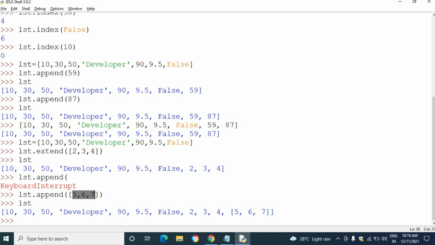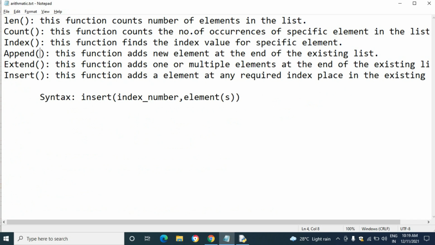So it was separated as 2, 3, 4, but here it's not applied. It will be considered as a single element, and it gets a single index number only, but with extend each element has its own unique index number. That's the main difference between the extend and append functions.